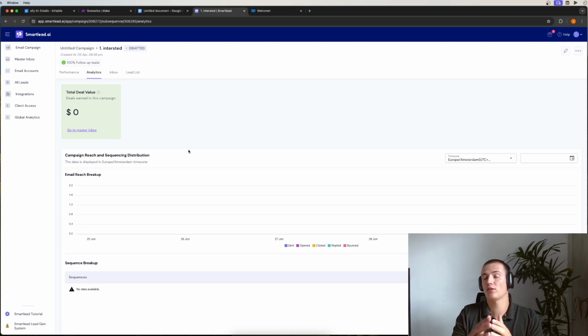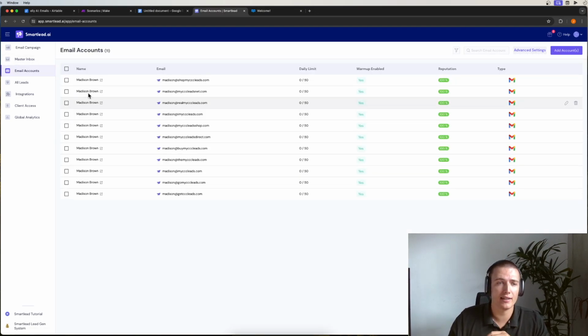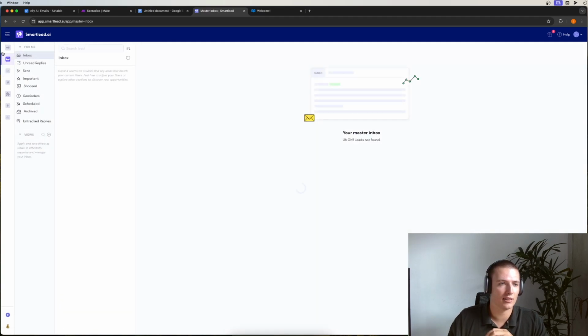So whenever someone says, okay, I'm open to doing a demo, instead of us sending one email back and then waiting to see if they reply, and if they don't reply, we schedule another email, blah blah blah, we can just have SmartLead do that for us. We just have to write out the sequence once, and we just auto-categorize someone and put them in this sequence. So to do that, in your email campaign,